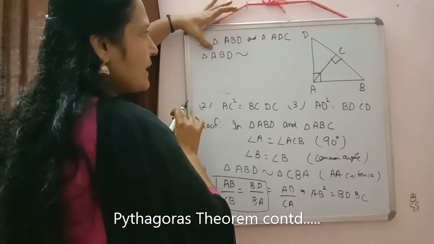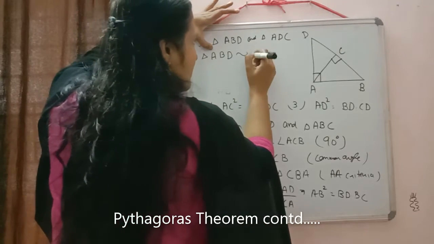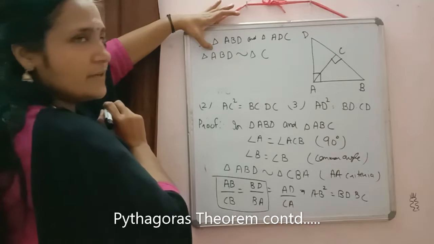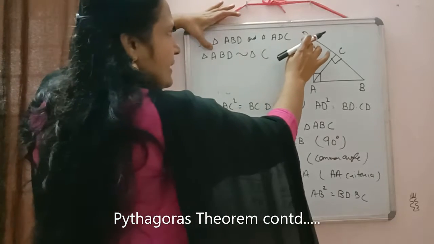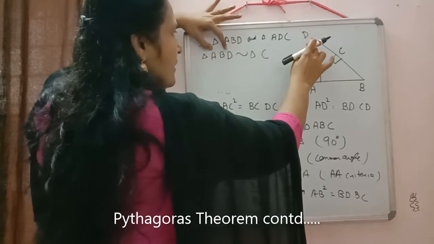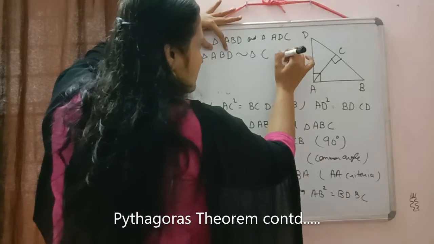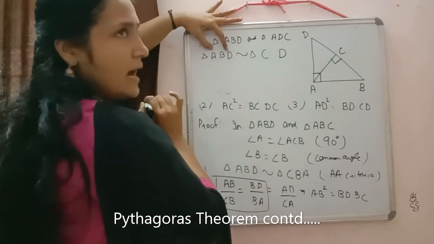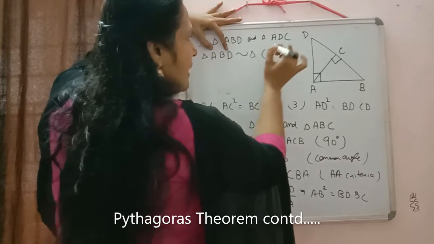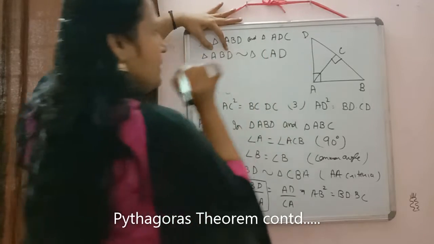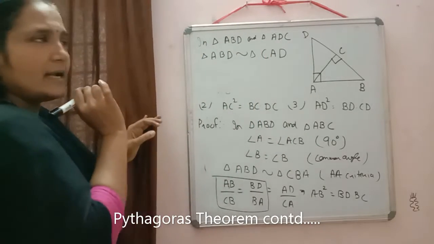So here, if you wrote angle A first, then here also C only should be written first. Then angle D we have taken as the common angle, so D here we wrote at last. So here also it should come at last only. Which point is remaining now? A only is remaining. So it will come in this way, CAD.